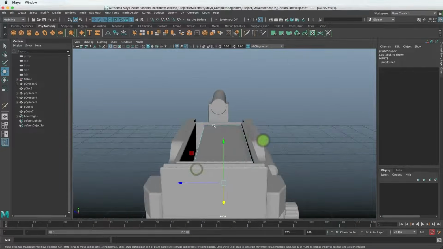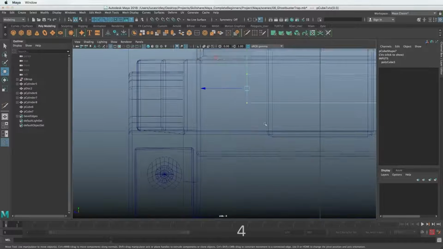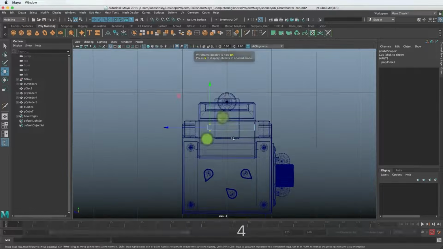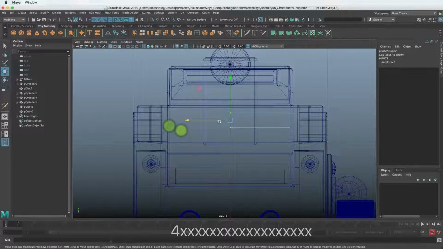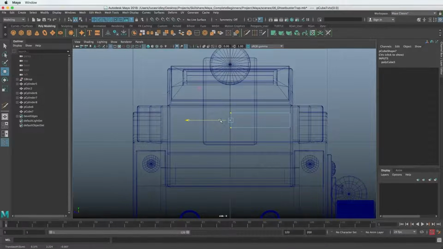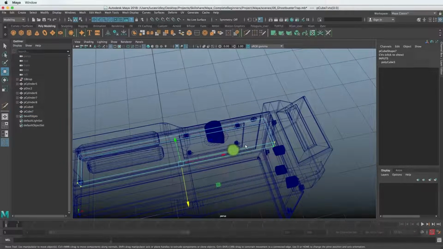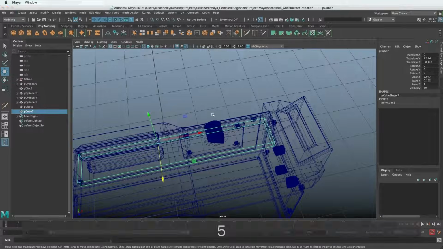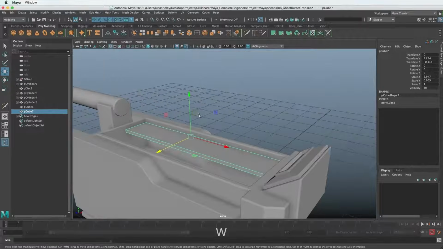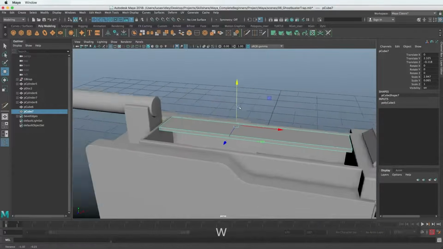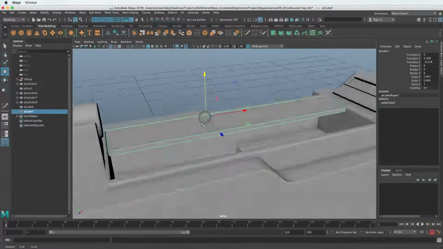The one thing we want to make sure is that these in the center are in fact in the center. So let's go to the right view and hit 4. And now we can see the center line. If we hold down X, we can snap to the grid. So now we know that's right in the center. And we can actually just pull that back just a touch. So again, there's a little bit of a gap there. And let's right click object mode and hit 5 to go back into shaded. Scale this down so the door is more of a door size, and bring it up to the top of this edge here. So that looks pretty good.